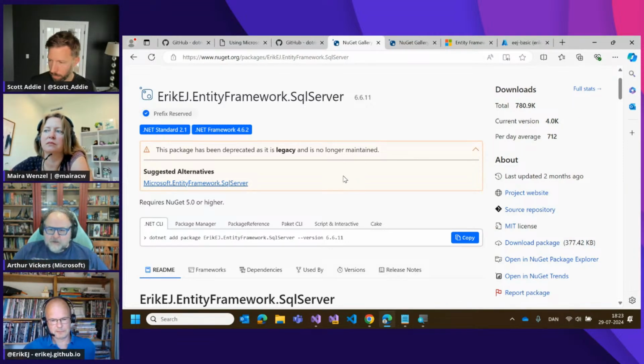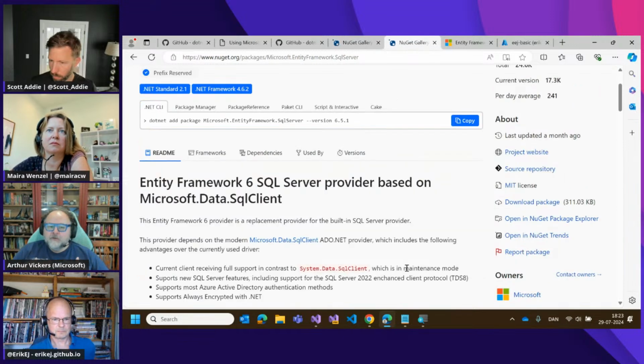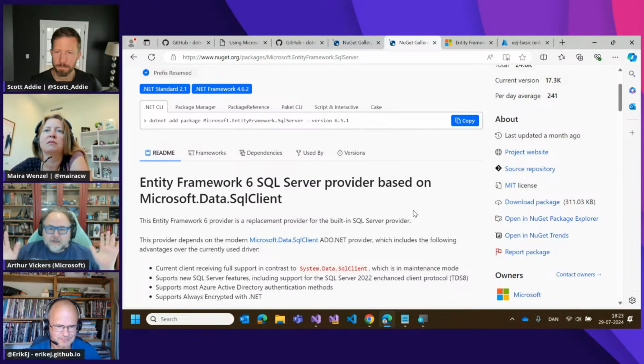There are quite a few steps, quite a few things to take into consideration when you switch to this. Part of the reason for that is that we absolutely did not want to break any existing usage of EF6. When you get EF6 out of the box, it just thinks anything SQL Server is going to use System Data SQL Client. We didn't change that because we didn't want people to update to EF 6.5 and suddenly their world breaks.